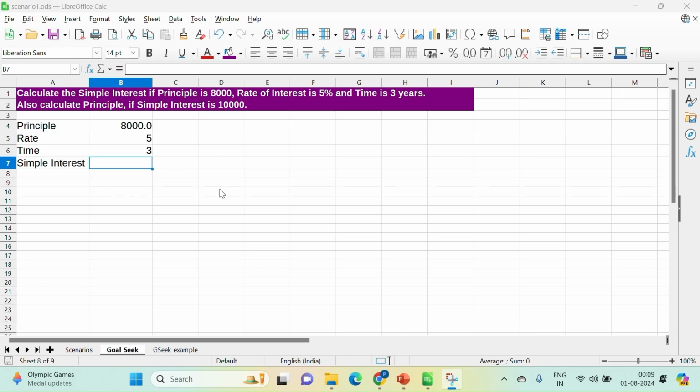Okay, so in the last video we had implemented scenarios. In scenarios, we were taking the input values for certain variables and then calculating the output result. Likewise, in this example, we are going to continue with the same example of calculating simple interest. In this case, the principal amount that we have taken is 8,000, rate is 5% and time is